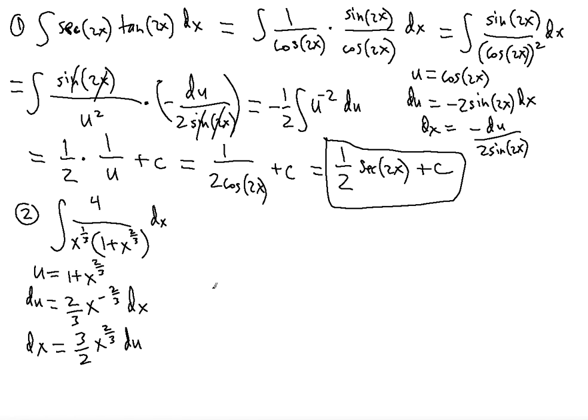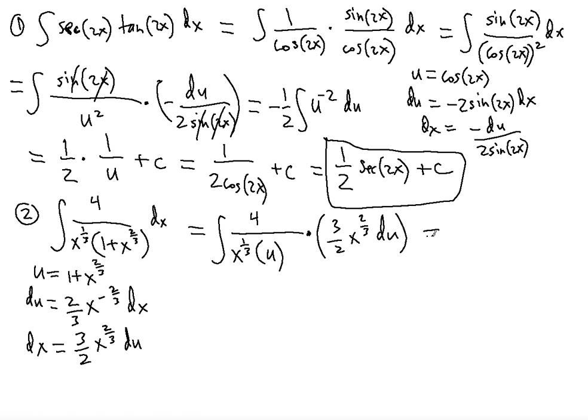So now let's see what we're going to get. We're going to get 4 over x to the power of 1 over 3. And let's introduce the u there because we already have it. So we can just write u. And then the dx substitution is going to be 3 over 2 x to the power of 2 over 3 du, right? And that's going to give us,